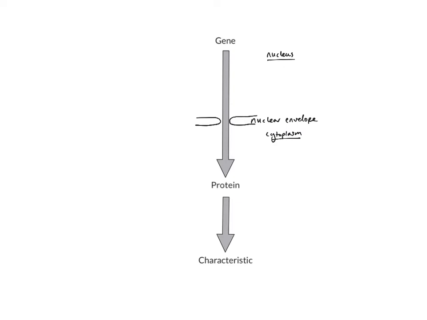And then the first thing that happens, as we know, is transcription. I'm going to have to write this up slightly. So this is transcription that takes place in the nucleus. And I need to add things to it. I need to add the enzyme, RNA polymerase. And we need to add the RNA nucleotides. And we'll go back to that in a minute. I just want to give you an overview. And we make a molecule called